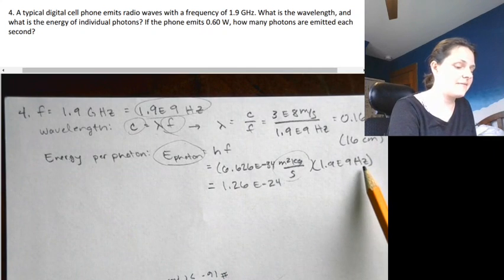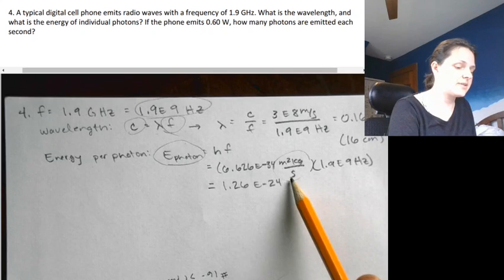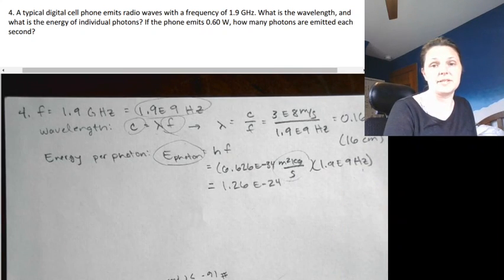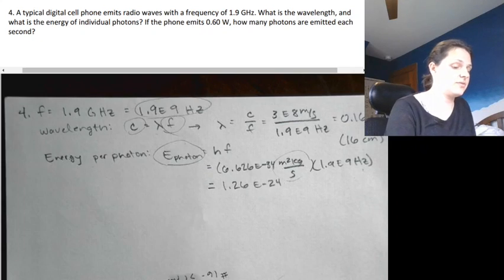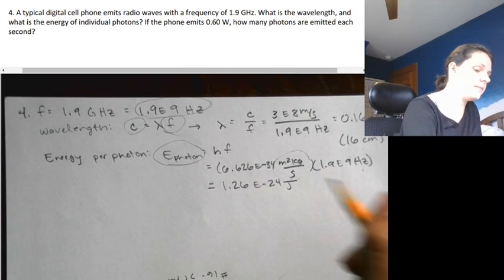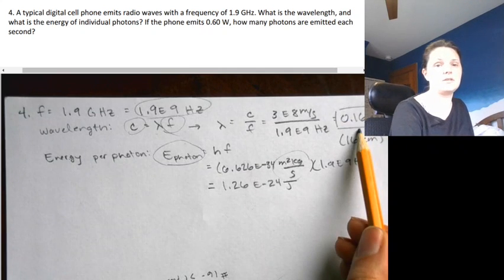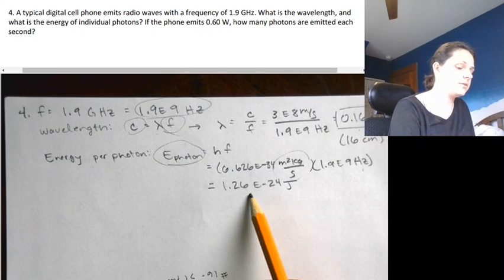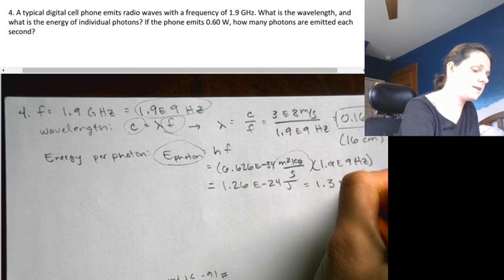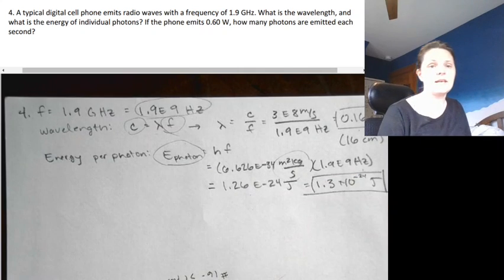The units here are the units of energy. So if I were following these units, I'd get meter squared kilogram per second squared. A hertz is a 1 over second. But it must be that that is what you get for a joule. So there we go. So we'll box around that one because that is 2 sig figs. I only want this to be 2 sig figs, so I'll say 1.3 times 10 to the negative 24th joules as my answer to that.